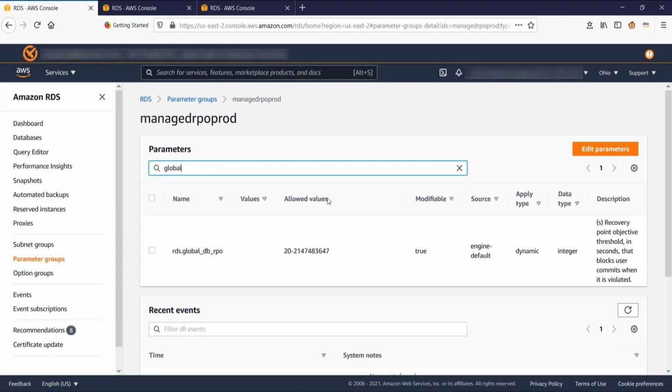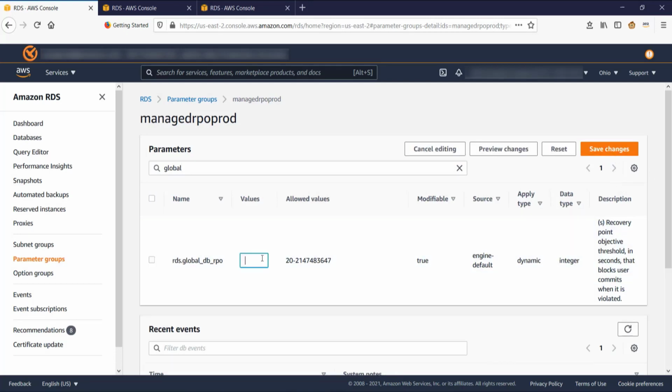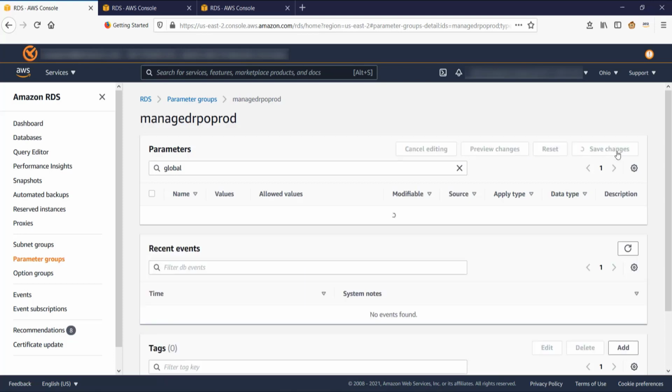there is a parameter called global DB RPO. I choose to edit the parameter, and I can say that at any point in time, at least one region should not go over a minimum of 60 seconds of latency, right? So I can do save changes, and